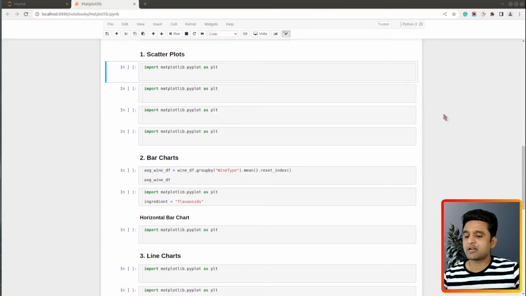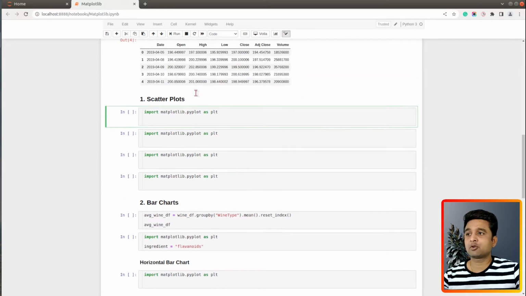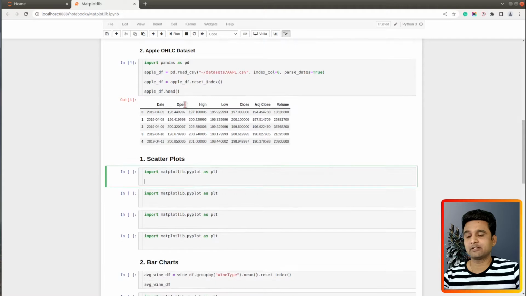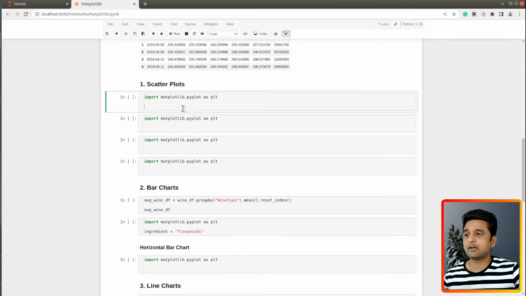Okay, so the first chart type that we will introduce is scatter plots. Now, first of all, I want to create a very simple scatter plot showing the relationship between two ingredients from our wine dataset, which are alcohol and malic acid. So first of all, I have imported